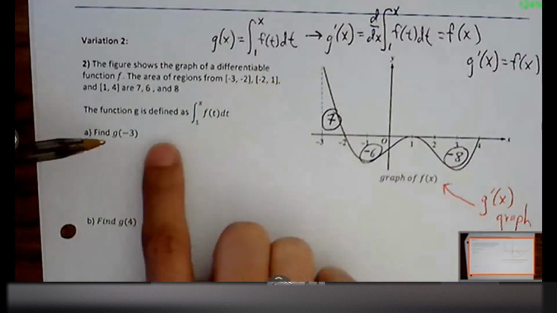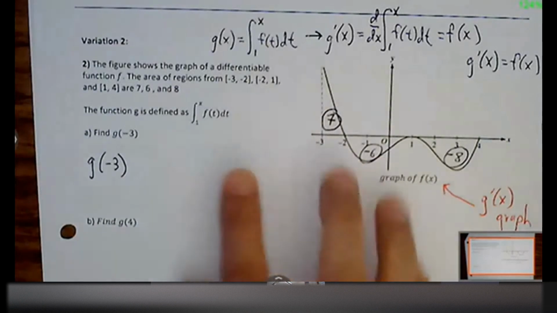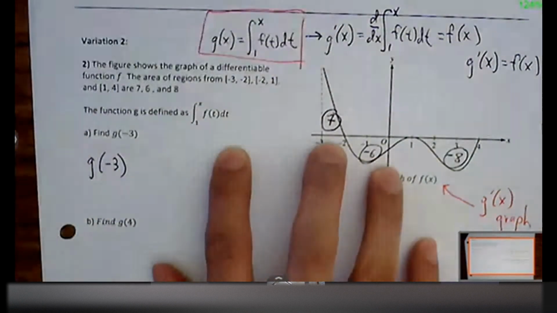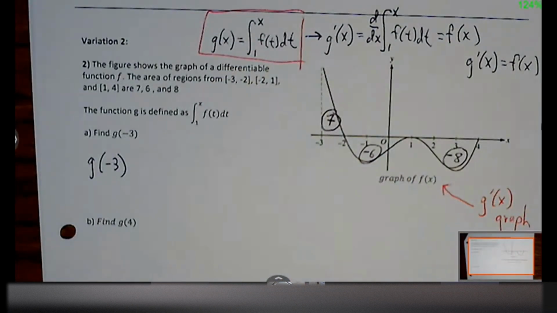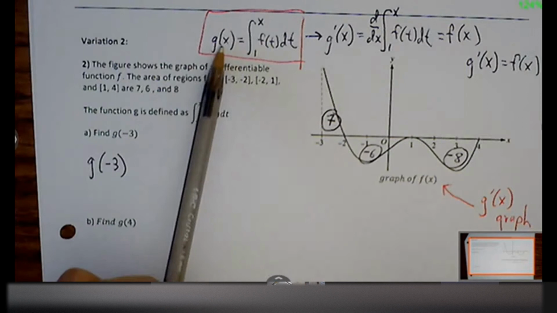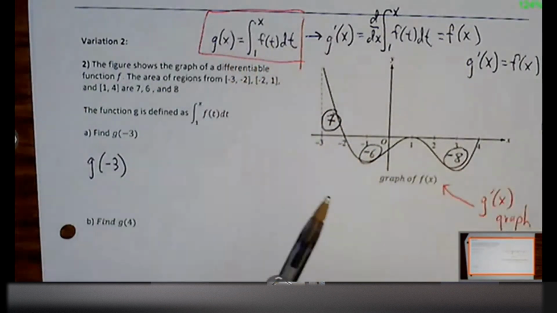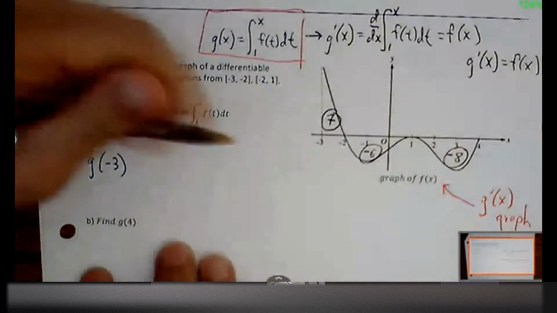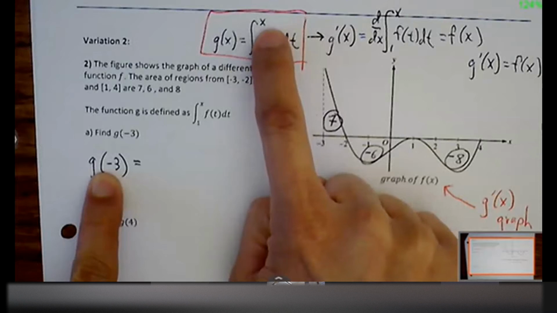Now, if I want to find g of -3, I'm just going to follow this explicit rule that's here in front of me. So if you see an explicit rule, we don't do the final equals initial plus displacement, because we have something that is very specifically defining what our g value is. So here we don't add on to a starting point because they're telling us exactly where that point is. So we're just going to follow whatever the rule says. My upper bound is the location of my variable, so that's where I'm going to replace my x with -3.